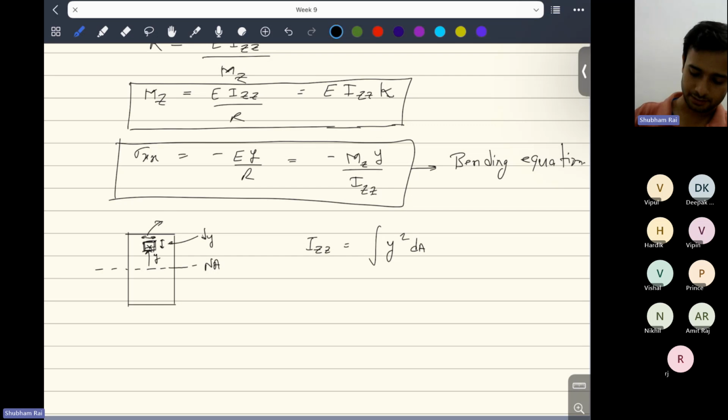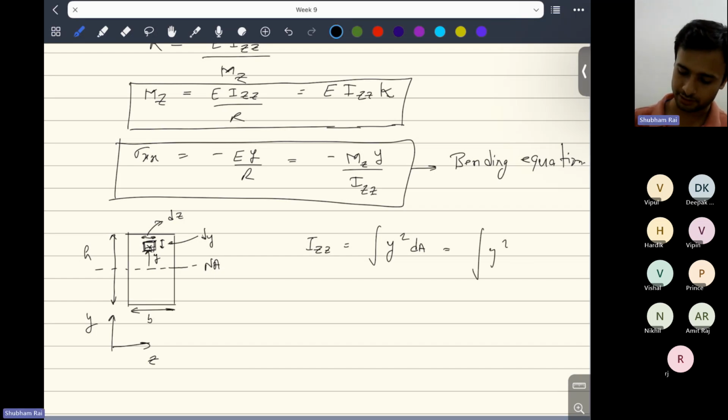So this will be dz, because we are in the yz plane. This is z, this is y. Okay. And let's say the total height of this rectangular cross section is h, and the width is b. Right. So finally you will get y square dA as y square dy dz, right? So that will be the area of this small element, and you do a double integration